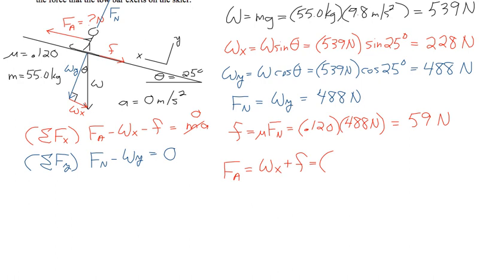So Wx is 228 newtons, and friction is 59 newtons. And if you solve that, that looks like 287 newtons. And that's the solution to that. So bring it down here. So I got